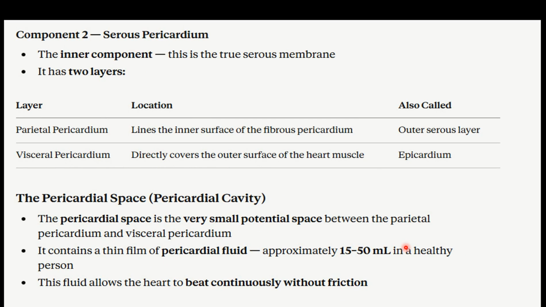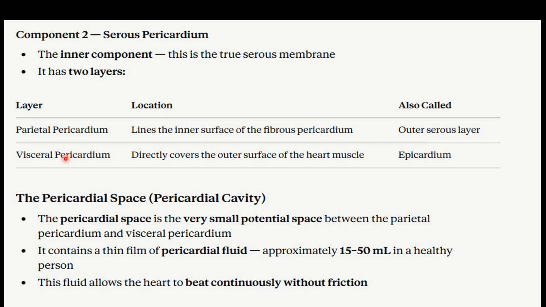Next we have the second component, which is the serous pericardium, which is nothing but the inner component. This is the true serous membrane. Earlier we talked about component 1, which was not the serous membrane. Layer-wise we have three columns here. One will tell you the layer, location, and what it is also called. So the parietal pericardium lines the inner surface of the fibrous pericardium, which is also called the outer serous